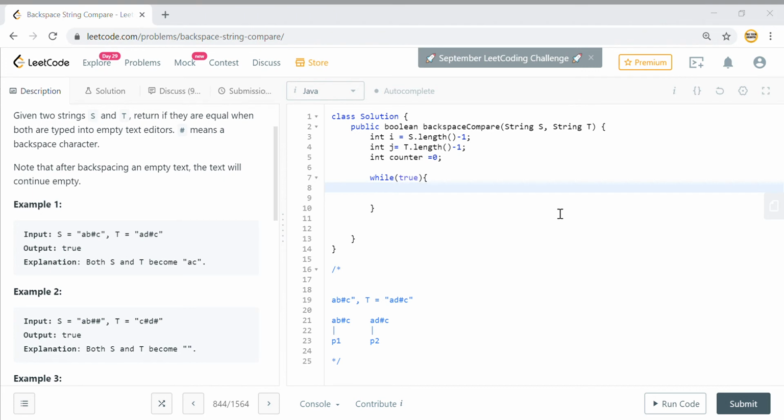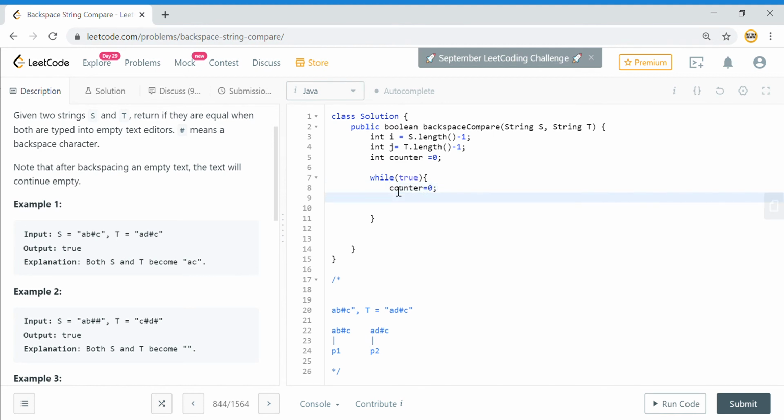Okay, so when we start with this processing, I will say my counter is equal to 0, and I will first process the string s. So we'll say while i is greater than or equal to 0, I need to process. If my counter is greater than 0, it means I have to skip that particular record, or my character is hash.